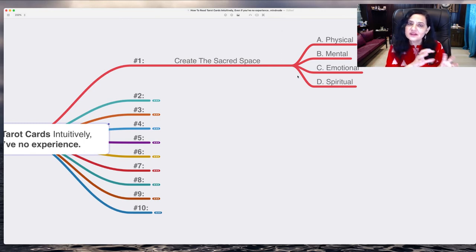I do 2 to 3 sets of this, which grounds me and brings me into that moment. And then comes emotional space. When we say emotional space, for me it is that I feel emotionally safe, I feel emotionally secure, and the same goes for the client as well. When I'm doing it for the client, I want the client also to feel that he's in a very safe space, so that it doesn't take time for the client to open up. With this criteria in my mind, I do 2 to 3 long deep breaths,